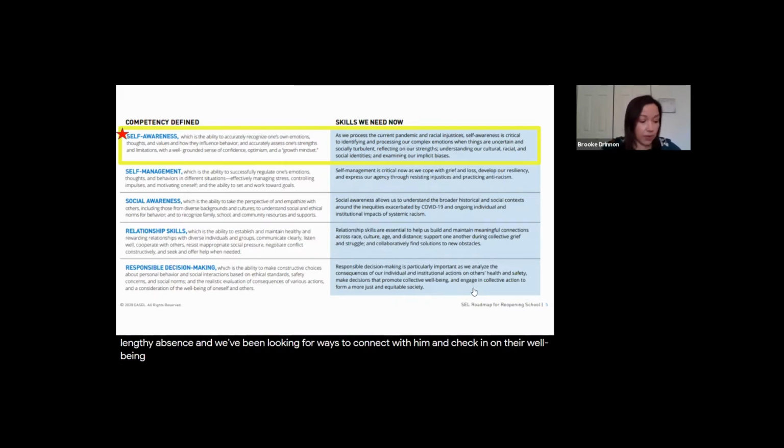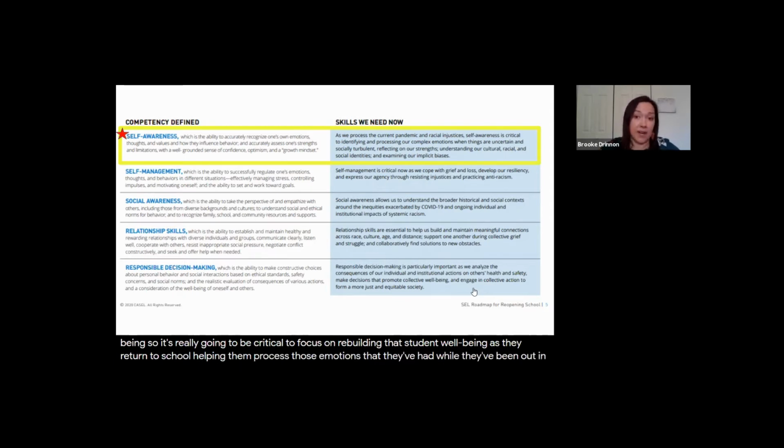So it's really going to be critical to focus on rebuilding that student well-being as they return to school, helping them process those emotions that they've had while they've been out in response to the pandemic, in response to social turbulence, and all of those things that are going on now. So it's really important, and I know that we've seen many organizations focus on sending out materials and help and how critical SEL is now.